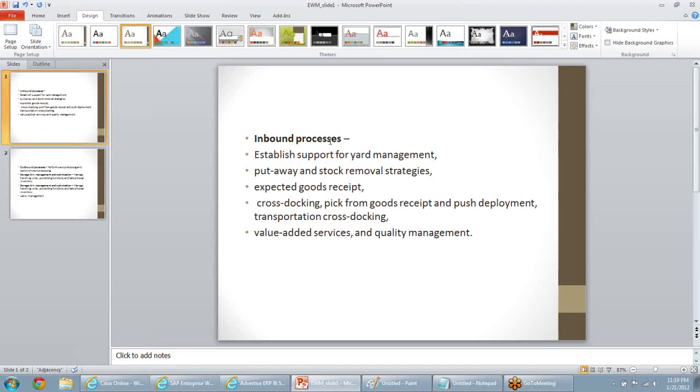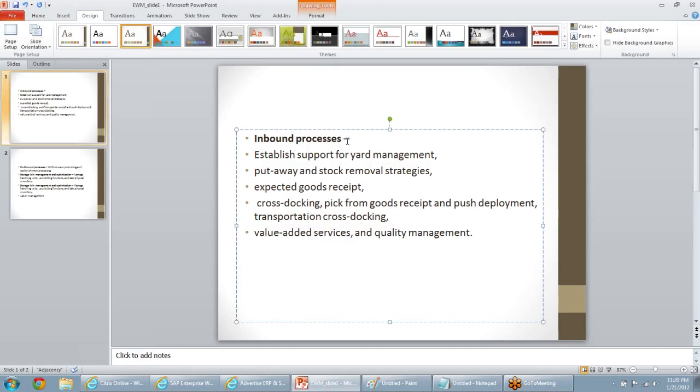Now if I come to the basic things, you can see in my first slide that, like any other warehouse process, any warehouse process is divided into three things. One is the inbound process, another is the outbound process, another is the internal process also. This is the basic way of dividing any warehouse process. So in the inbound process, assuming you are an end user of a warehouse, what are all the features you expect in your software on the inbound side?